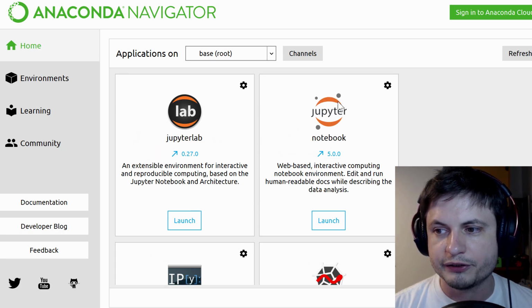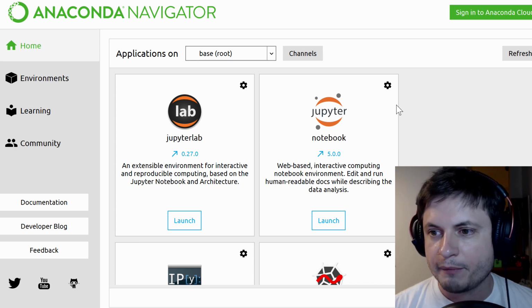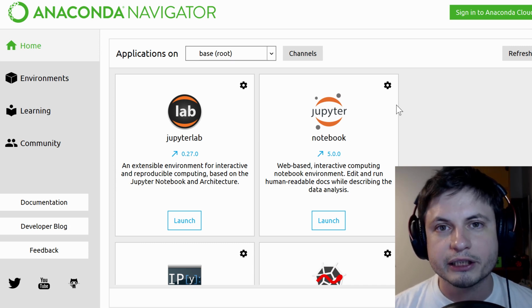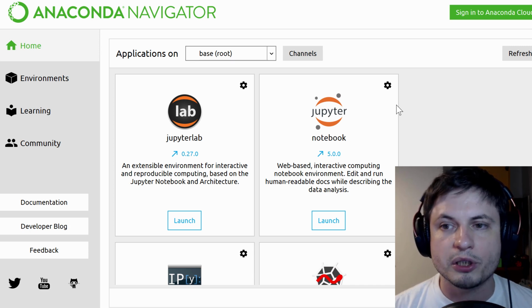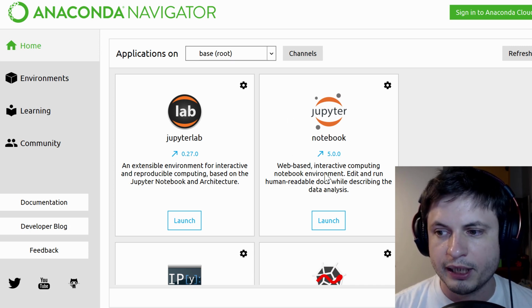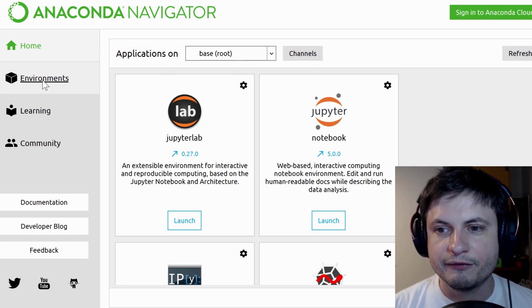We just want this. This is one of the most important tools today in science, data analysis, and basically any kind of analytical presentation that involves programming usually has this Jupyter notebook. I'm going to show it to you in a second, but first I want to point out this part right here as well, because that's also important: environments.